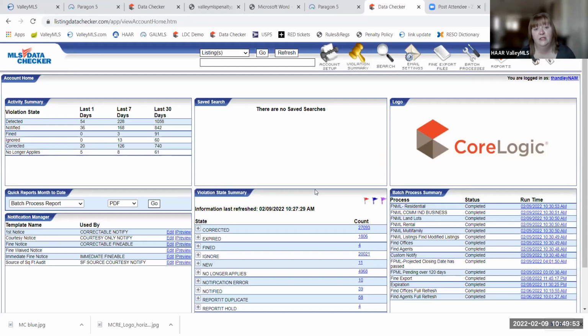The great thing about Agent Full 2022, the new version of this report, is that the rooms actually do show up in numerical order, which I have to say was not the case for a long time, and it was perplexing. But now they do show up 1, 2, 3, 4, 5 down through 9, and then they start over in the next row, 10 through 18, I believe. So those are the correctable violations, and we've already talked about fines and that it can take about 4 weeks.